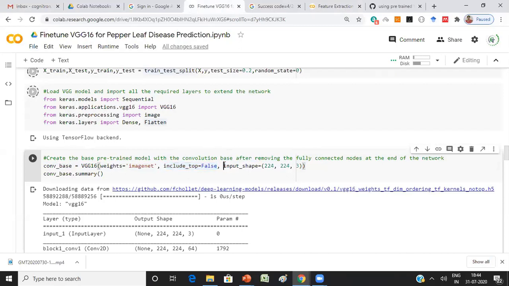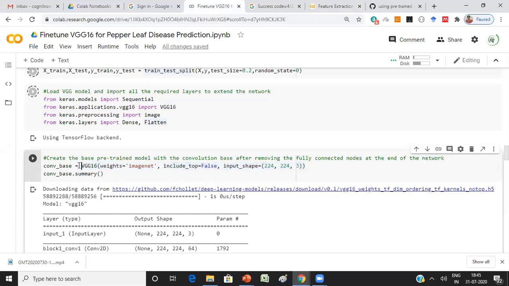Okay, and then what is the input shape? The input shape for the VGG16 should be 224, 224, 3. You can retain the same input shape, so you just pass that variable also. Now to the VGG16 class, you are passing the weights, then include top, either false or true, and then input shape equal to whatever input shape is required by VGG16. So now you are just creating an object of this VGG16 class.